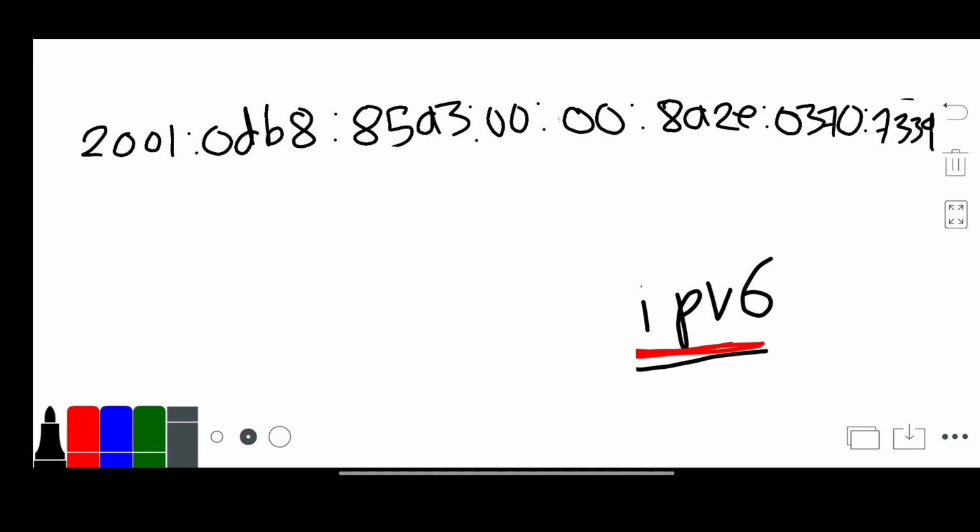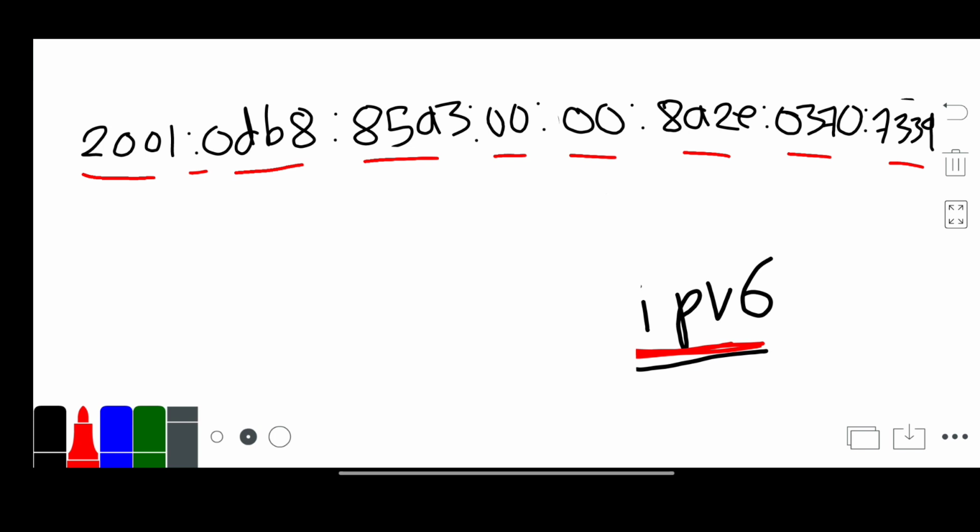Now we will understand the rules of IPv6. So the first rule of IPv6 is, first we will split this IP string by colon. In the case of IPv4, we split the string using a single dot. In this case we will split by colon. If we split it by colon, we will get a length of 8 groups. So that is 1 group, 2, 3, 4, 5, 6, 7, 8. So there are 8 parts in this IP.